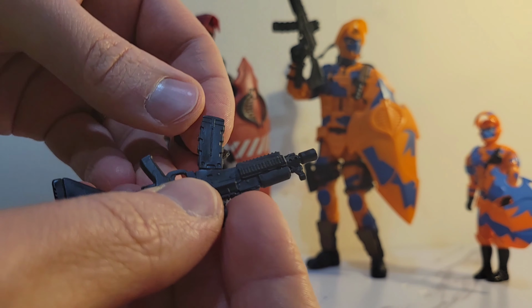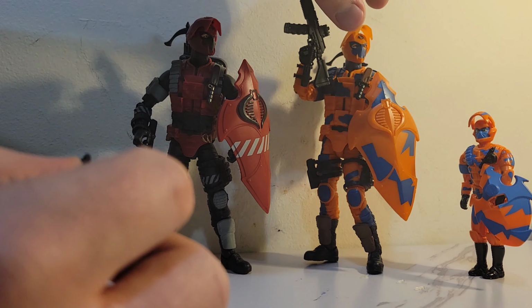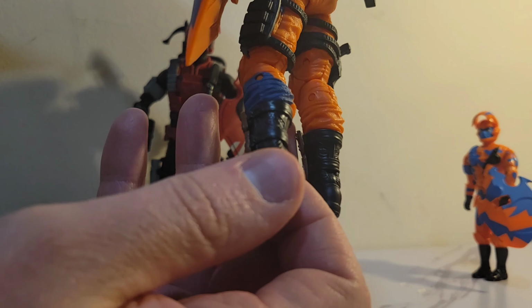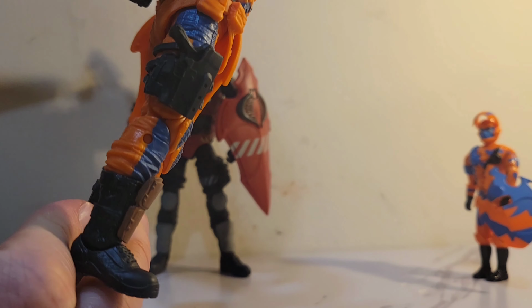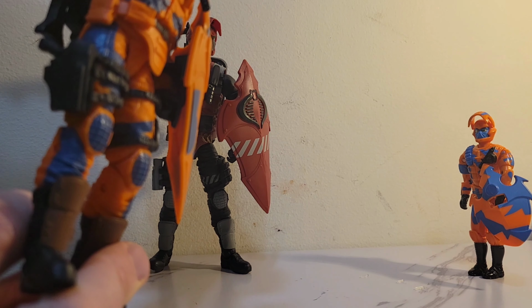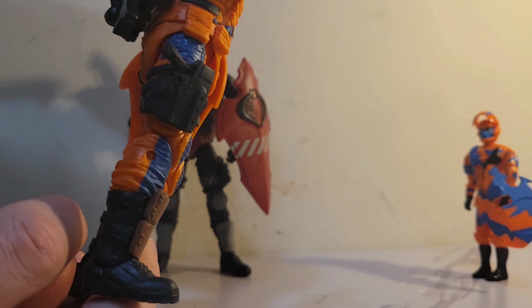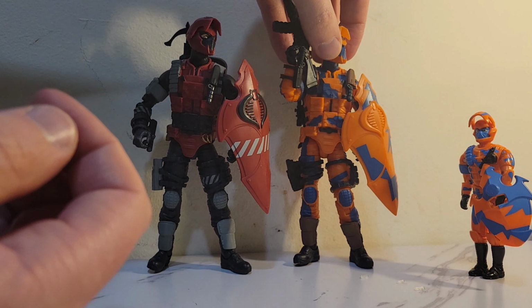When I have variants or other figures, I don't necessarily want to display them with the exact same look, so I want to give them somewhat of a unique feel. So I think I might change it up a little bit. So you can see for him, I put the pistol in the holster, and then he's holding kind of his longer range gun. And for the new one,